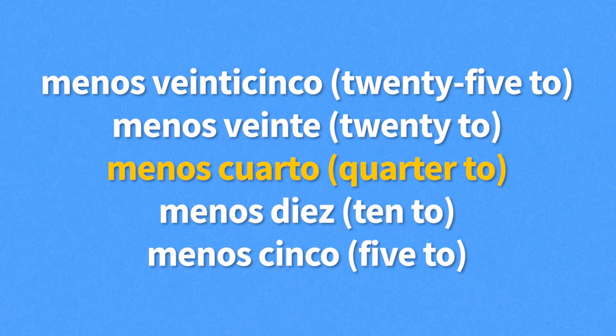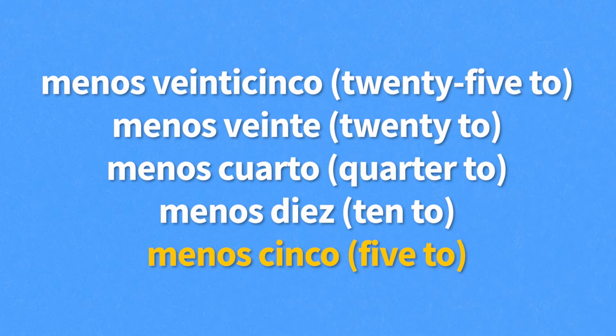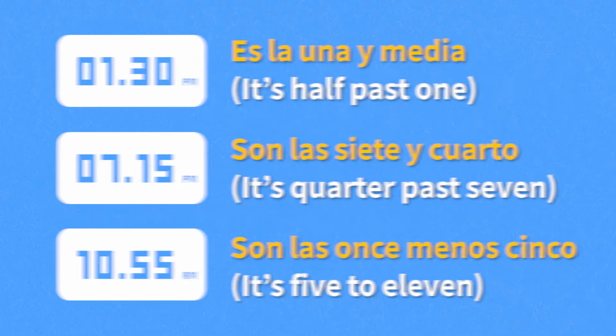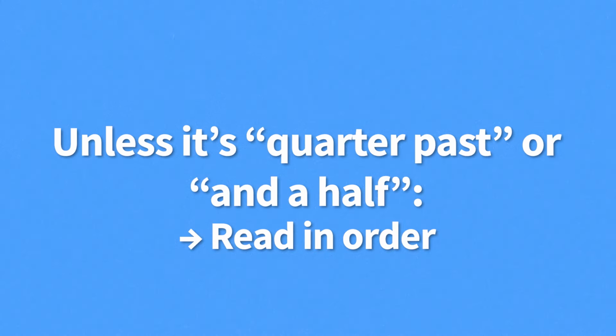Menos cuarto, quarter to. Menos 10, 10 to. Menos 5, 5 to. Here are some examples. Es la 1:30. It's 1:30. Son las 7:15. It's 7:15. Son las 11 menos 5. It's 5 to 11. But remember, unless it's a quarter or a half, you can always simply read the numbers,